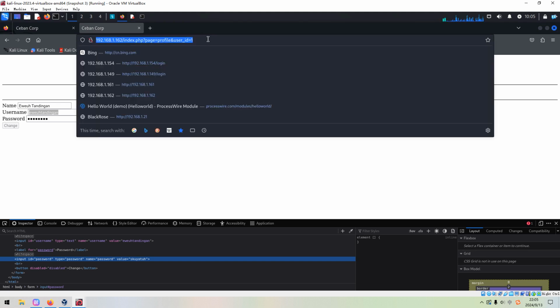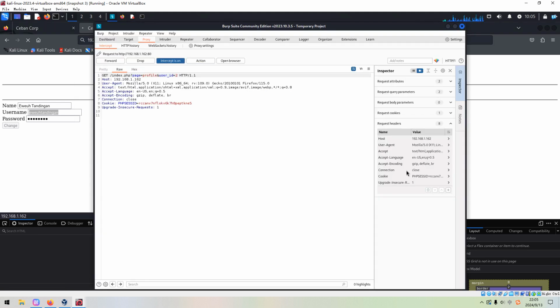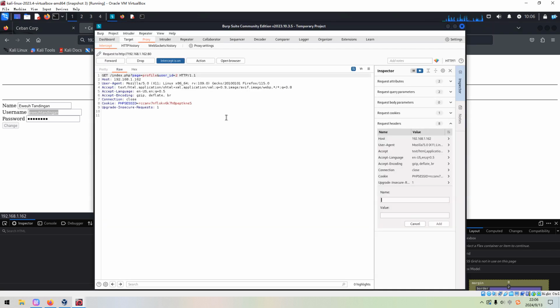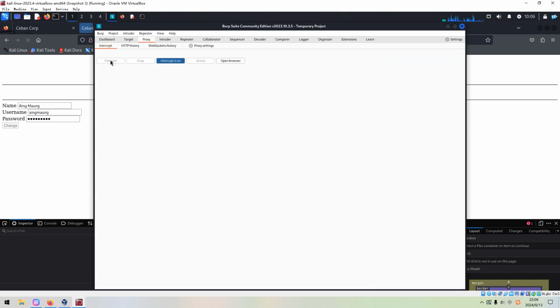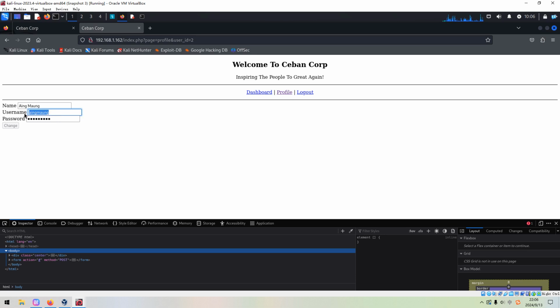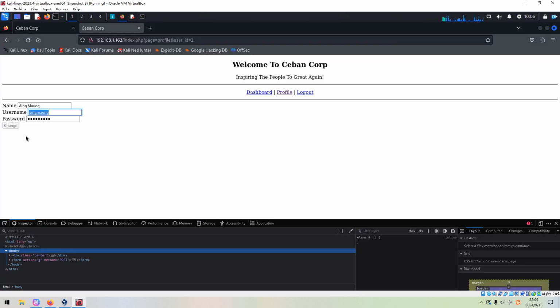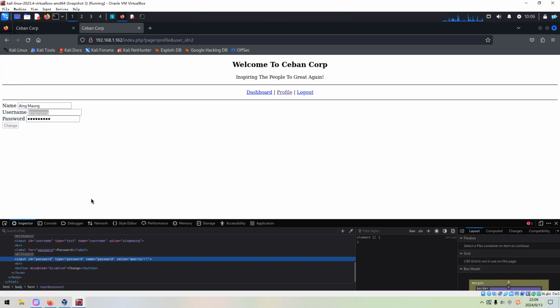And if you change the ID to 2, we can get another username. We can copy it, and similarly we can get the clear text password.